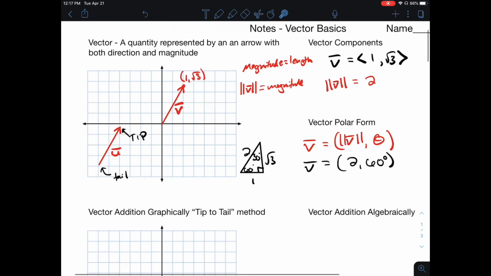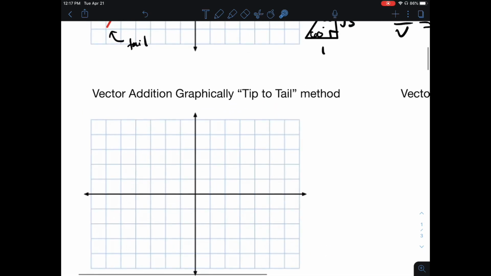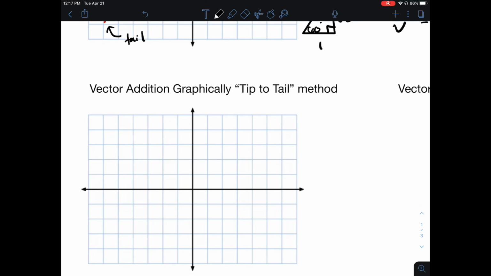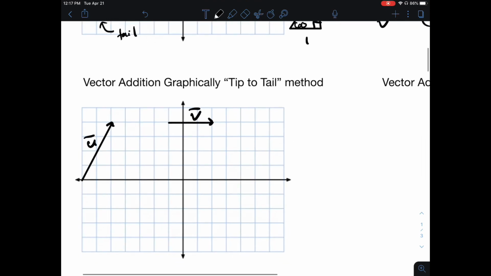Let's check out vector addition, graphically using the tip-to-tail method. This is pretty cool. Let's say that we have this vector here. Let's call this vector u. And let's say that we have a vector here. Let's call this vector v. If you were asked to add